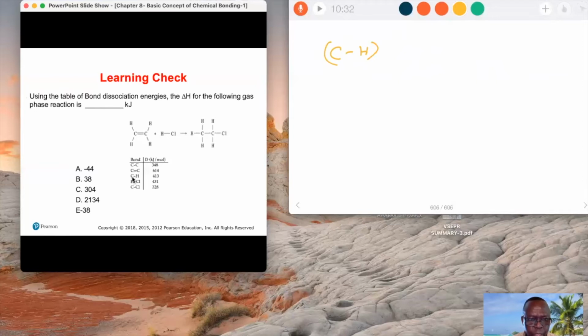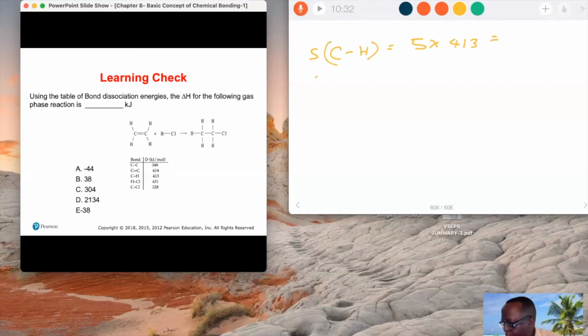I'm looking at this hydrogen carbon. 1, 2, 3, 4, 5. So this is 5, which is 5 times 413. It's going to give you some value there. And then there is